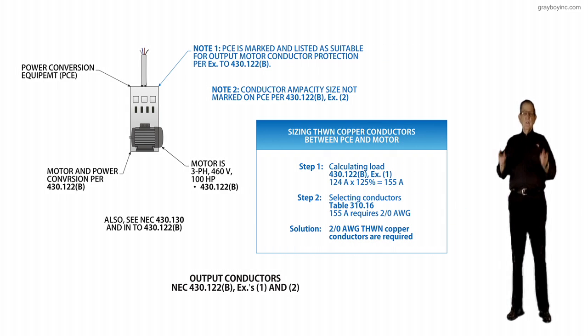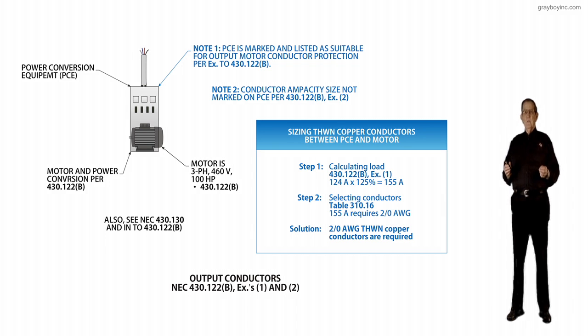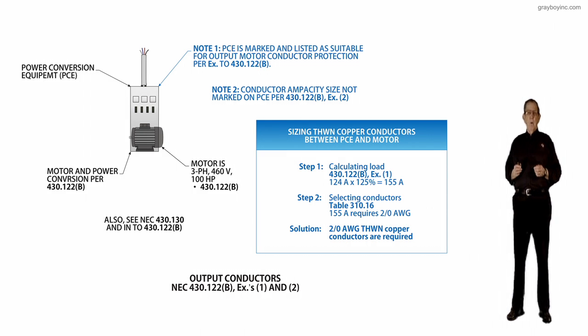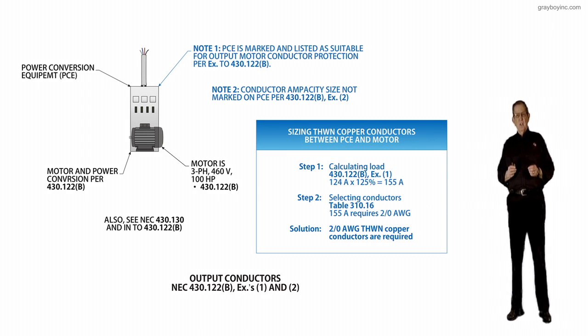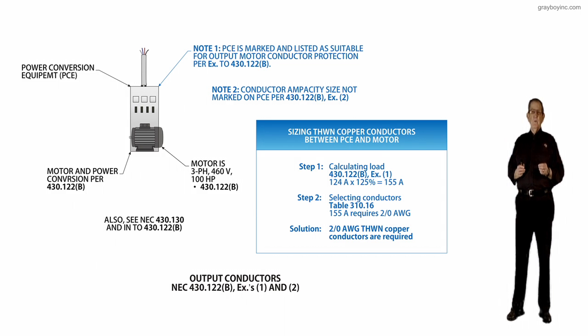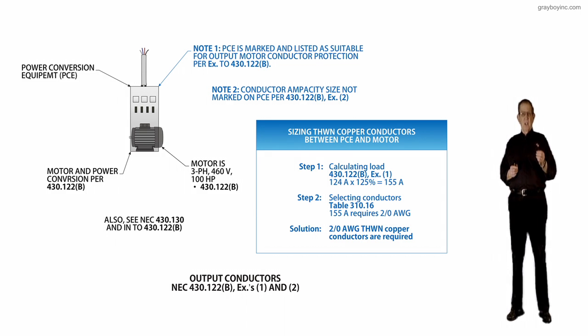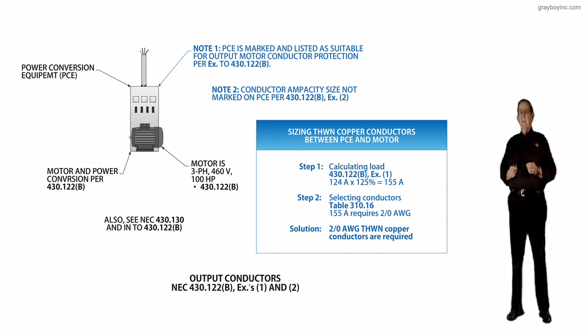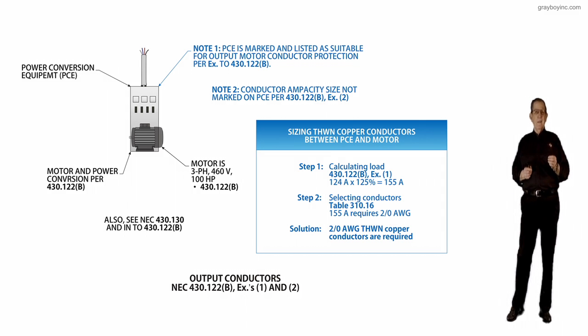This illustration deals with the output conductors in accordance with NEC 430.122B, exceptions 1 and 2. And of course, B is in boy. But the purpose of the change was to accept a new subsection. And a new subsection has been added to clarify that drive technology is capable of providing output conductor, short circuit,